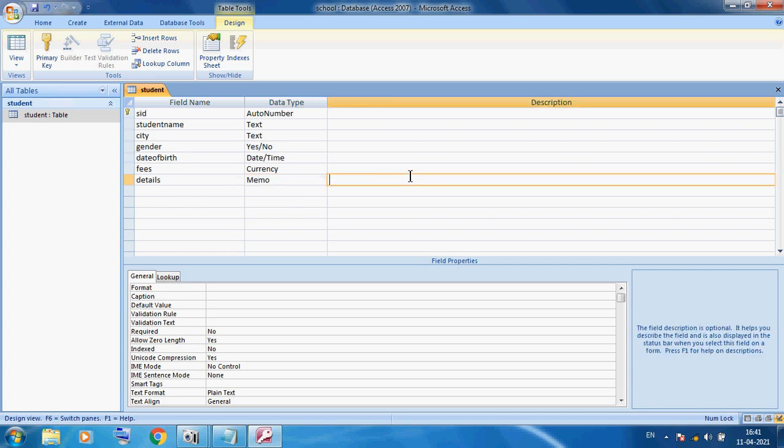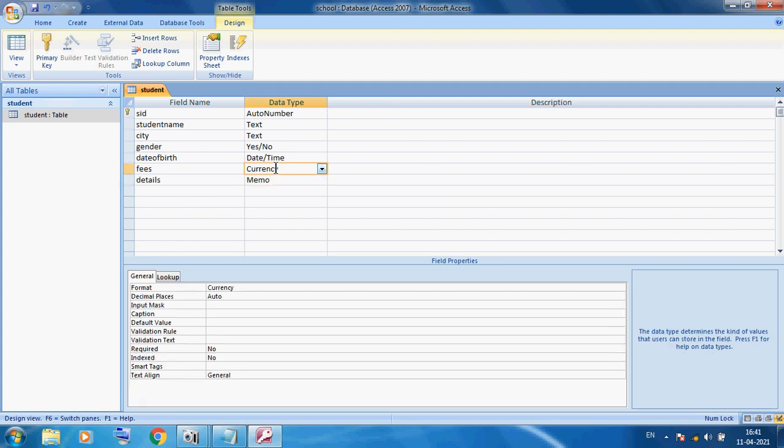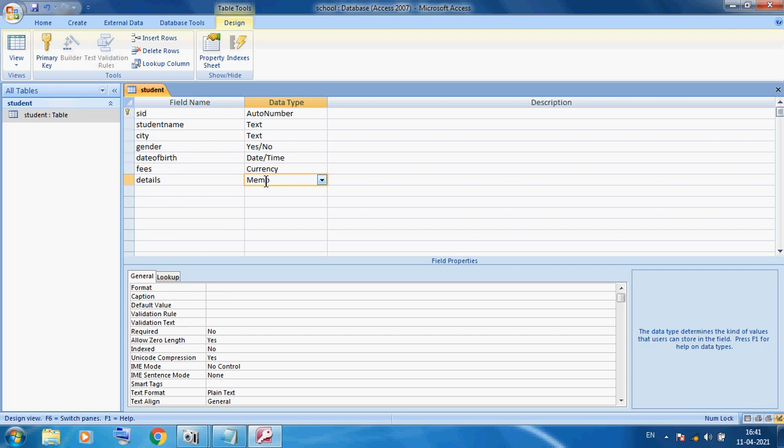Maximum 65,535 letters we can type for every student. Fees is currency, so we can type the data in a numerical field.